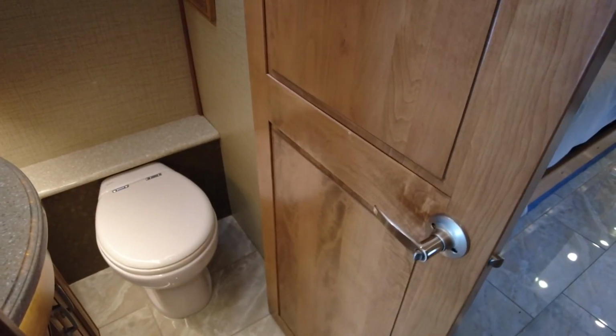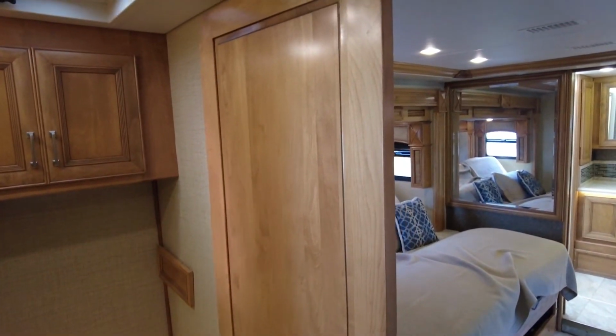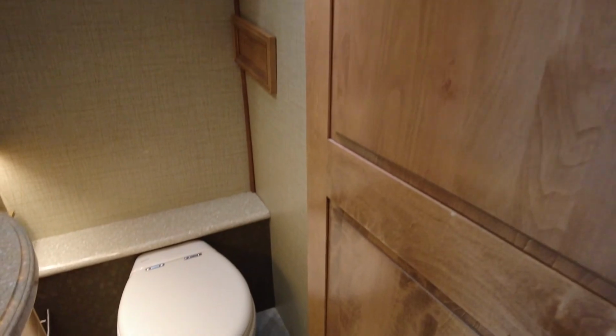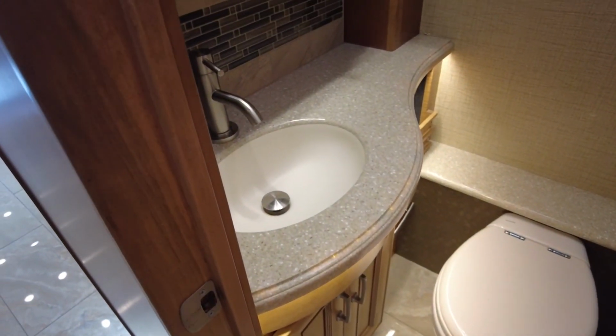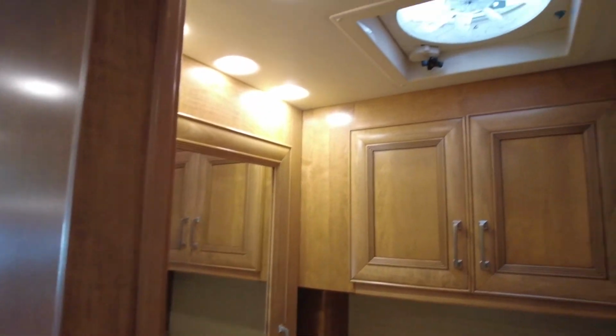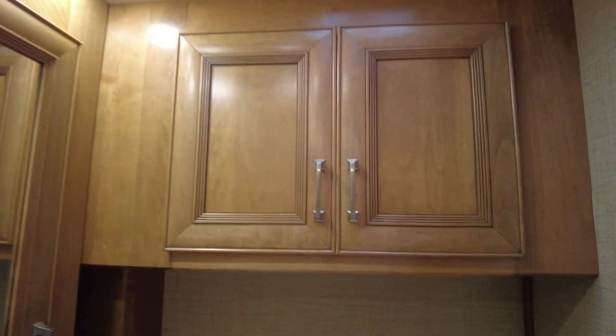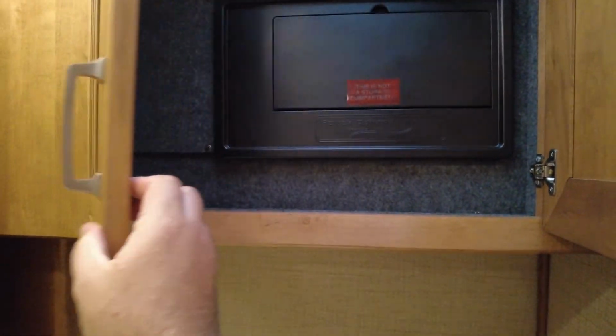Door for the bathroom, really nice. It opens in such a way that it keeps it out of the way of the hallway and your bed when you're trying to do stuff throughout the coach. Of course, your toilet, your sink, and this is a bath and a half. So this is your mid bath. So you got a medicine cabinet, a fan, additional cabinetry above. Ooh, I lied. This is where you've got